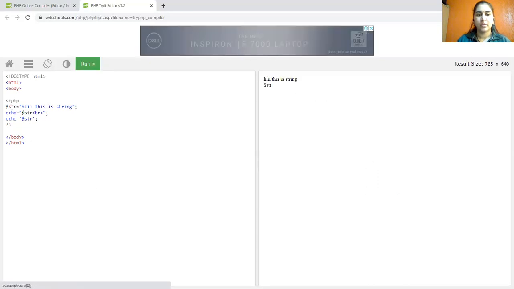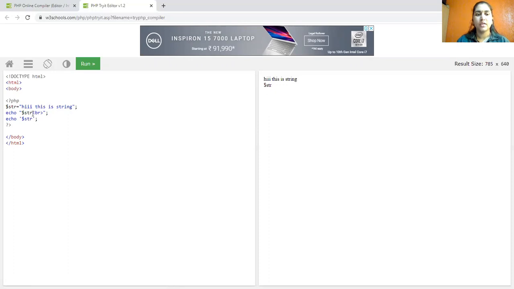Now see, first I enclosed this $str in double quotes, so its value is evaluated and it displays, hi, this is string. Whenever you use single quotes, it will display as it is. So $str will not be evaluated to the string value, it will just display $str as it is.